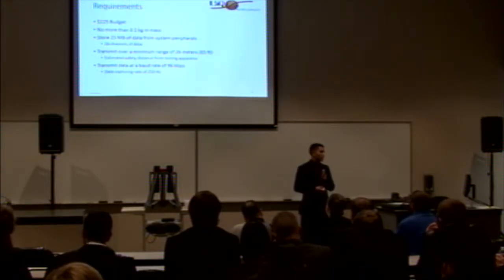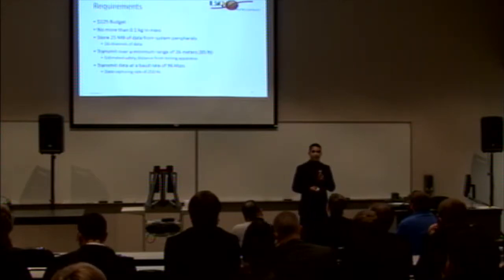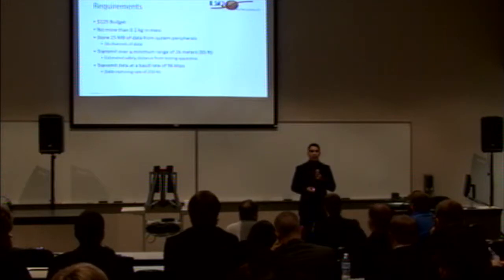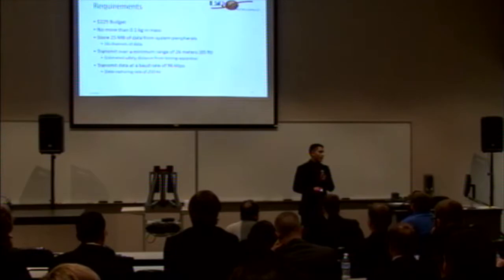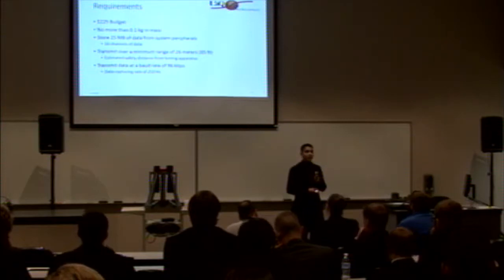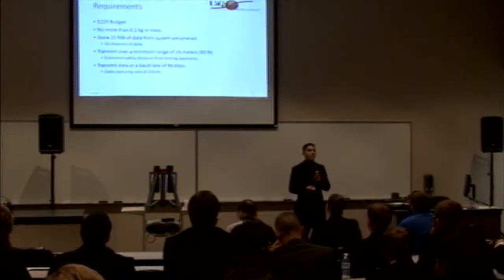Moving on, we must transmit over a minimum range of 26 meters. This was the estimated safety distance calculated by our team, just because we are dealing with the active propulsion system, and we need to make sure that we're at an appropriate distance from such a system. As well, we must transmit data at a baud rate of 96 kilobits per second. This was based off of the rate at which we're capturing the data, 250 hertz, which is twice our